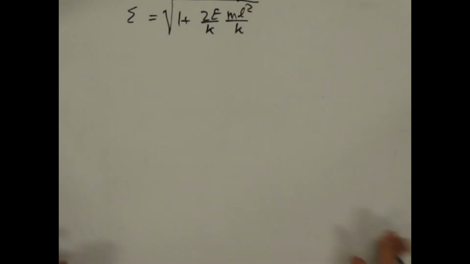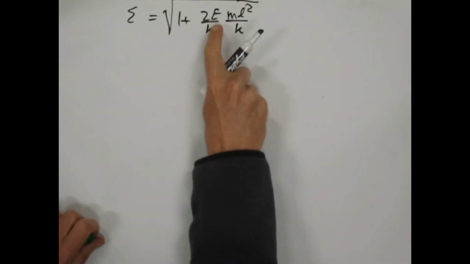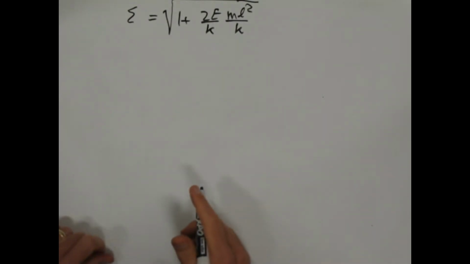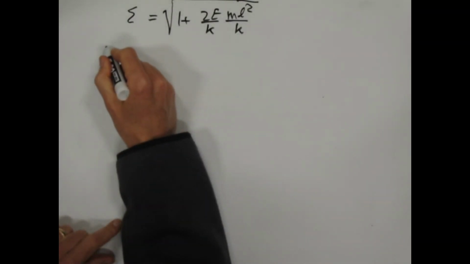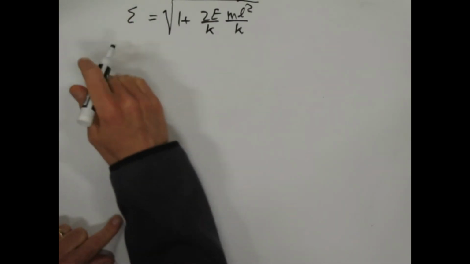Okay, as far as the energy equation is concerned, that's the equation for the eccentricity. And so there's the energy. The K is GMm or whatever it is. And so we can do an example. This is 6.10.1, but really it's just an example. It says